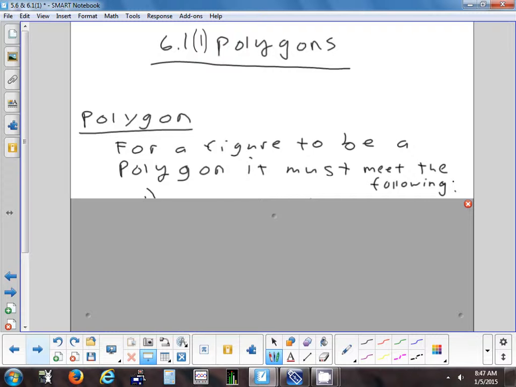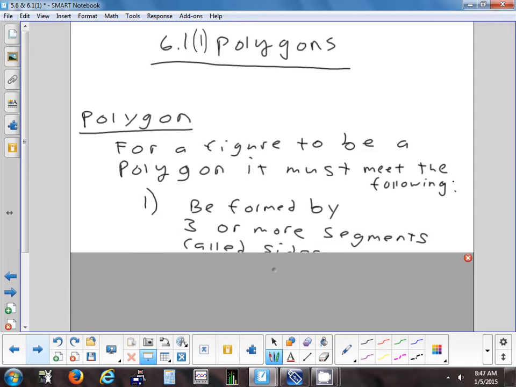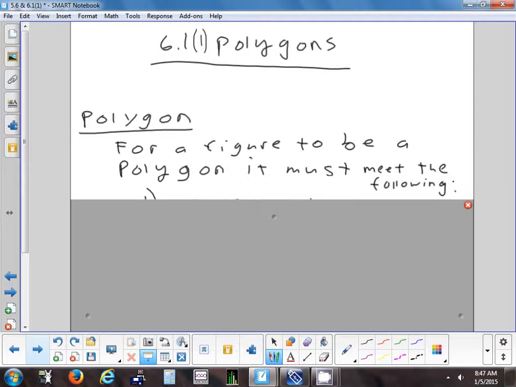Okay, in your book, this is around page 320, 322. They give the definition of a polygon. Okay, first of all, anybody know what that prefix means, poly? Well, a polygon is going to have something to do with a shape being closed. But just the word poly in and of itself,